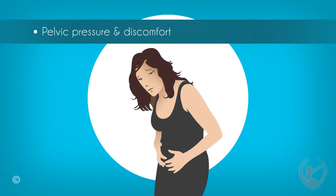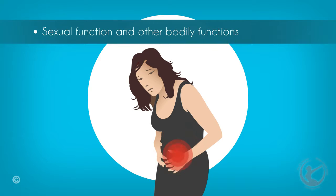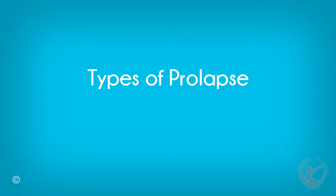Pelvic pressure and discomfort are common symptoms that result from vaginal prolapse. This also usually affects sexual function and other bodily functions, including... Types of vaginal prolapse include the following: